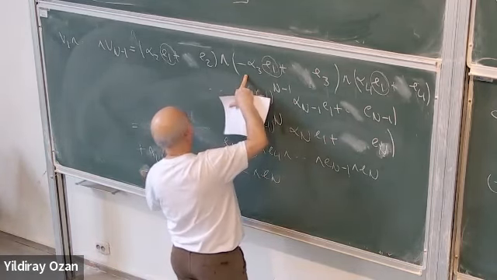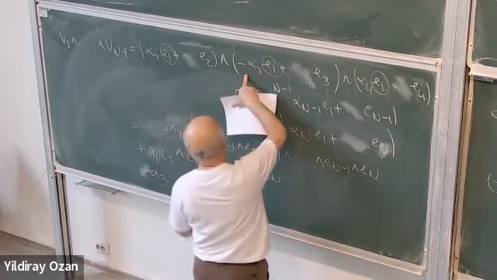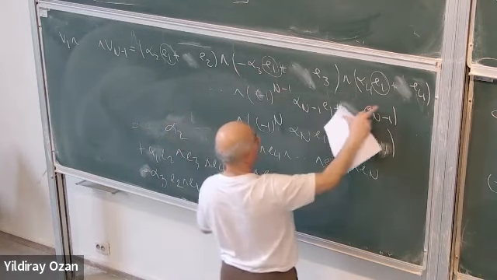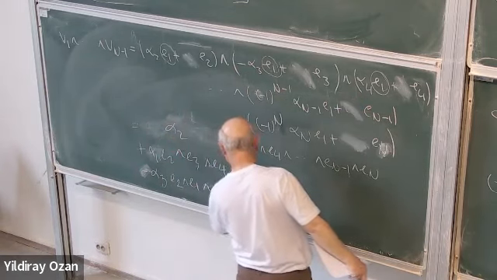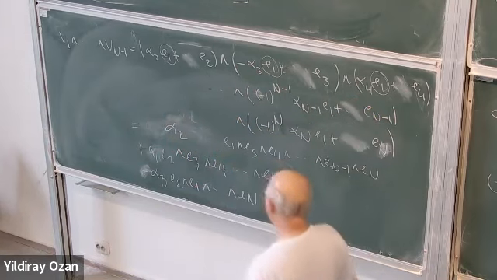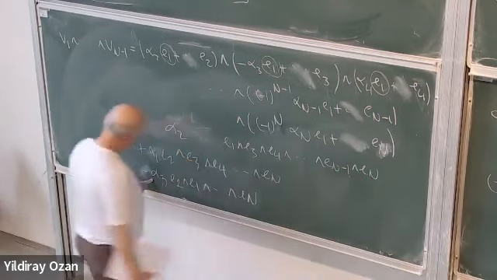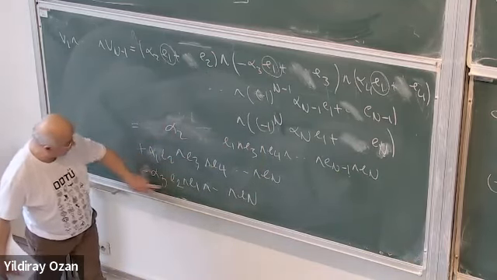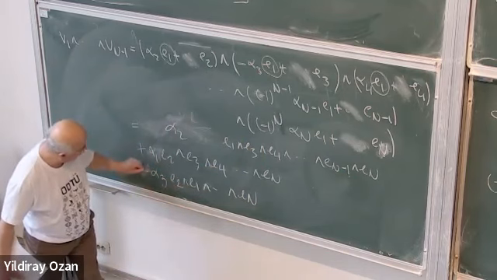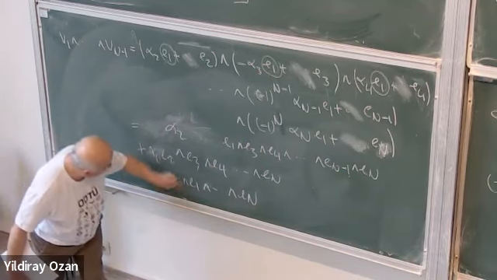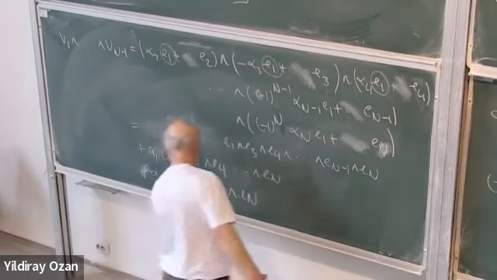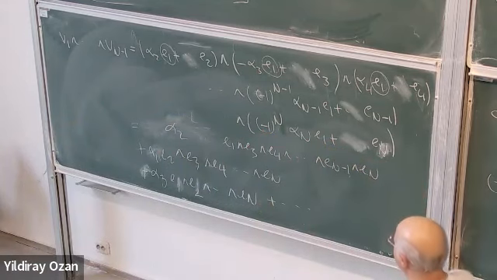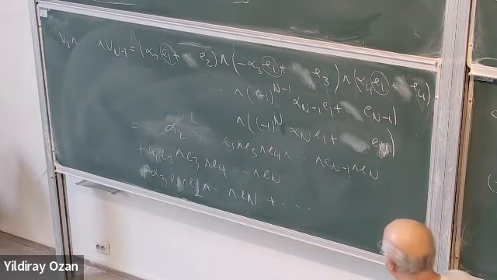Eksi alfa 3 E2 E1 E4 N'e kadar gelecek. Eksi alfa 3 ile minus alfa 3. This is actually, if you interchange these two, it becomes plus E1 E2. And if you just keep going, so you will go up to